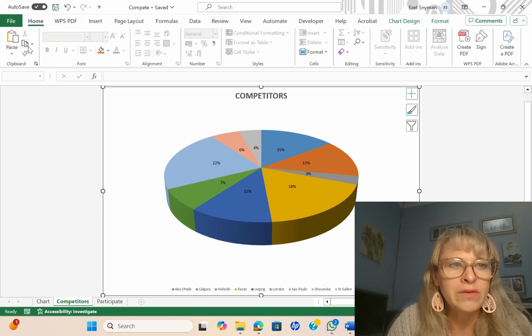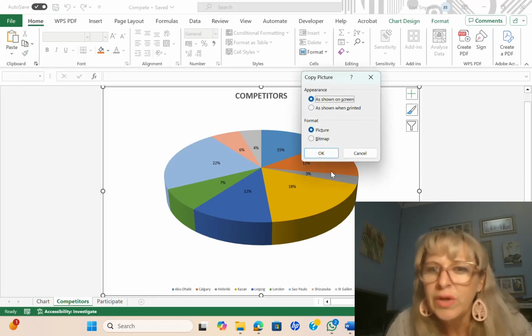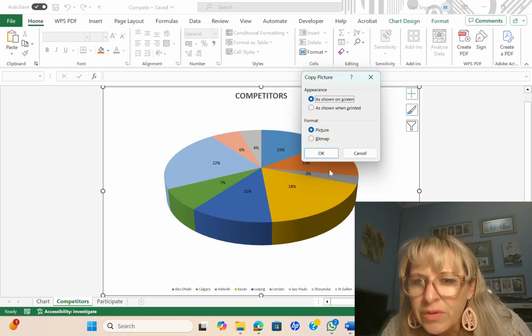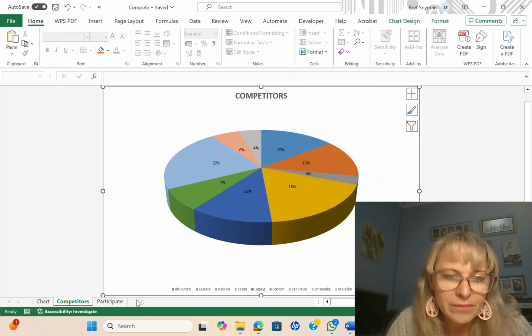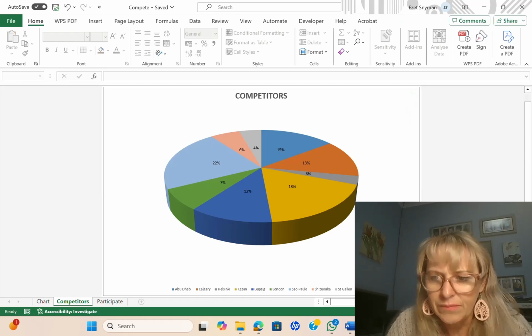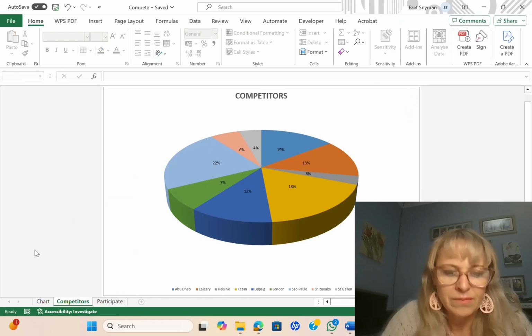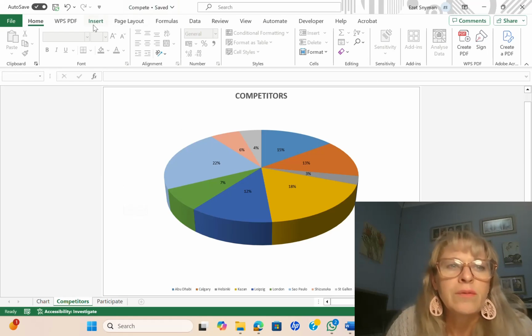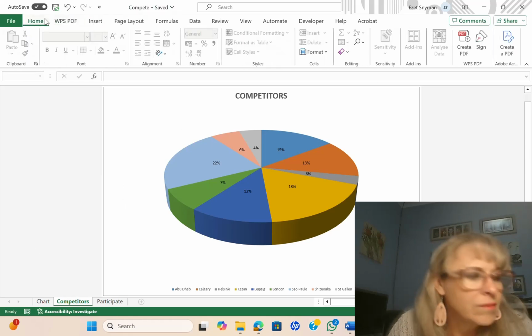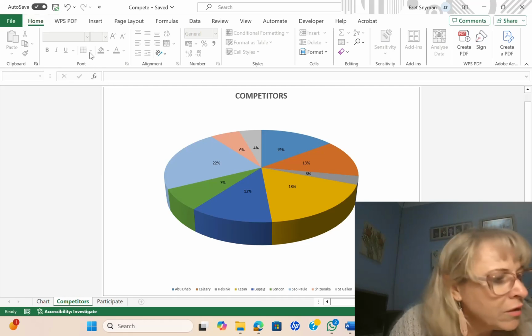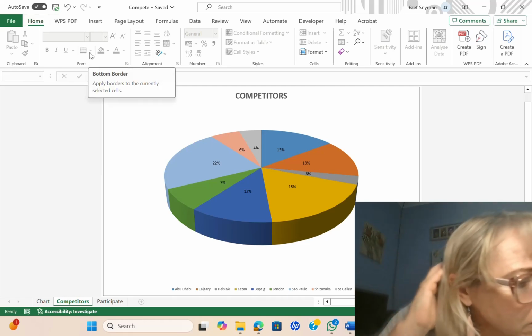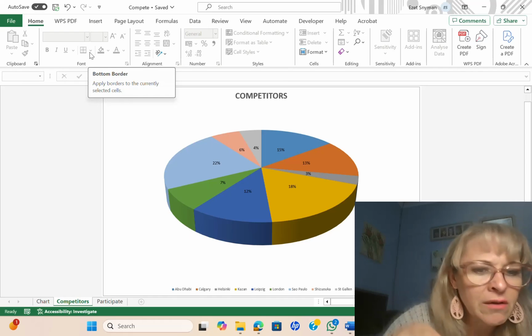Oh my goodness, where is it now? Copy. If we say copy as picture, does it move? As shown on screen, as shown when printed, copy. Okay. Paste. Oh my goodness. Select the participate sheet. Okay, I'll do that now. Let me just figure it out. Move to the end. Okay, I'll do that now.